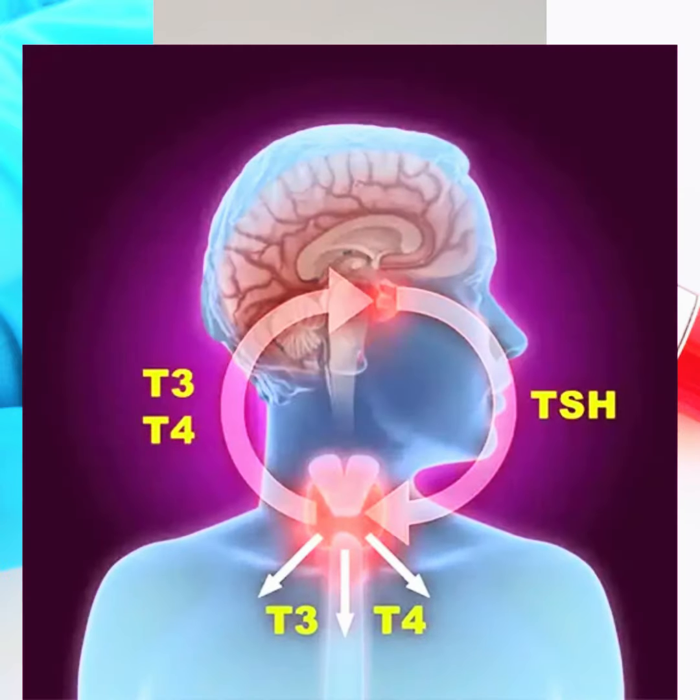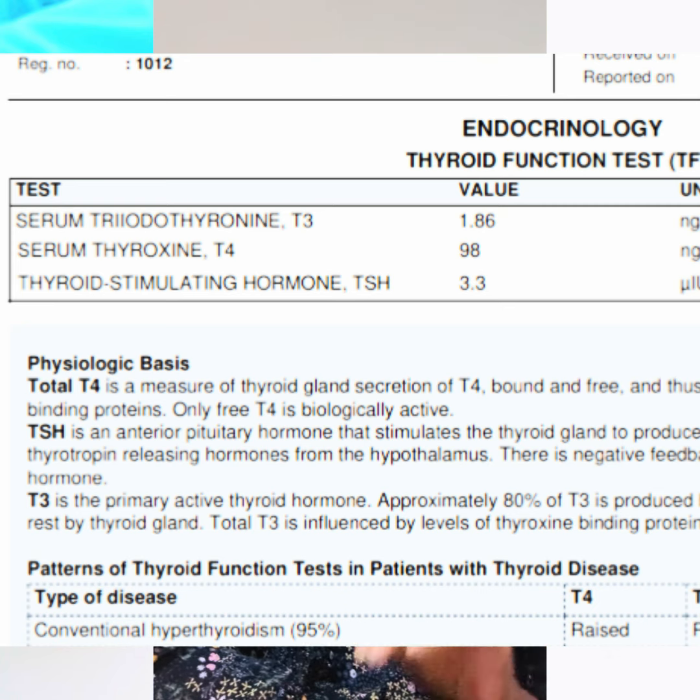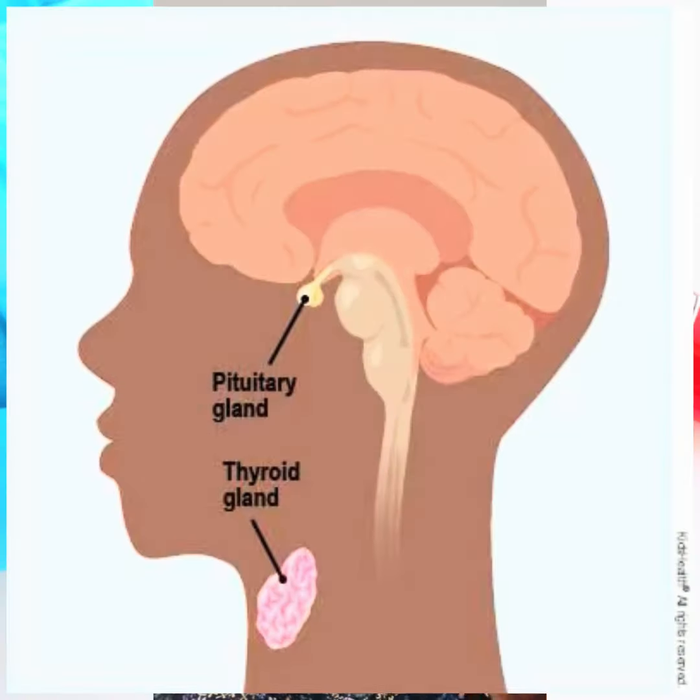So what do thyroid function tests actually measure? They measure the hormone levels and the feedback mechanism that occurs between the thyroid gland and the brain. Here, it is important to remember that lab tests reflect numbers and reference ranges, but they do not reflect the symptoms or how the person actually feels. So, in a thyroid function test or TFT report, we see three parameters: T3, T4, and TSH. T3 and T4 are the hormones released by the thyroid gland itself, and TSH is a compensatory hormone which is released by the pituitary gland, which is situated at the base of the brain and not the thyroid gland itself.